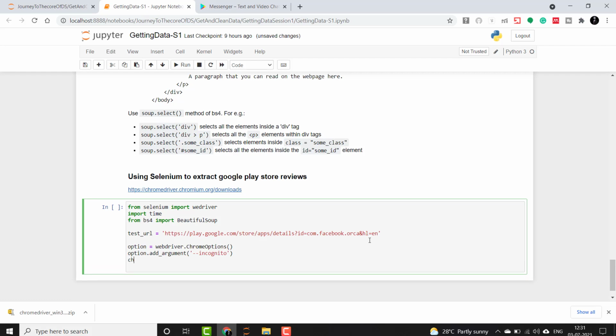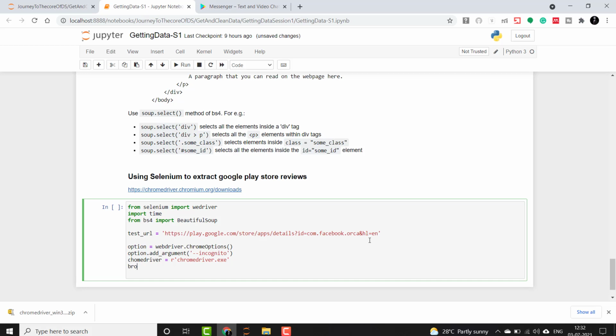And then I will have chrome driver equals r, and I will give the path of the Chrome driver. In our case, it is present in the present directory, so we don't need to worry about the path. So I'm just giving the chromedriver here.